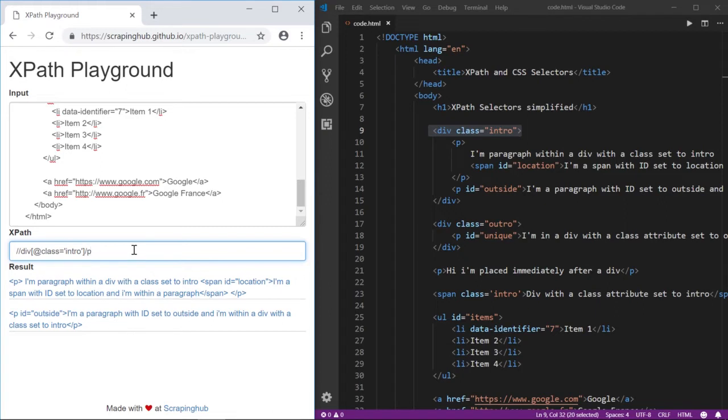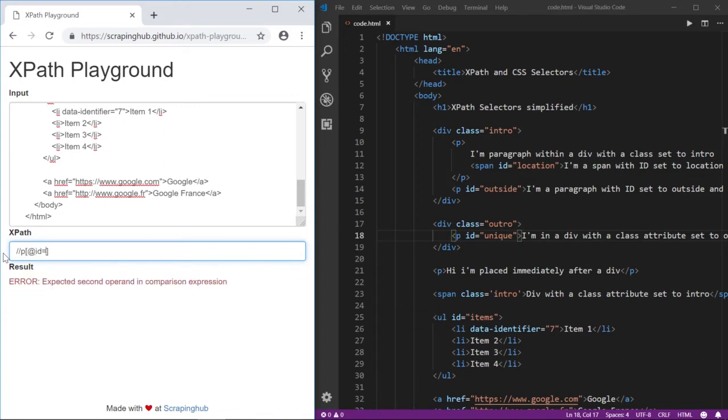However, sometimes we do also want to search for a parent, for example. So let's say for some circumstances, we want to look for the parent of this p element with ID set to unique. So let's select this particular p element. We can do /p square brackets ID equals to unique. Now to get the parent, we do /parent::